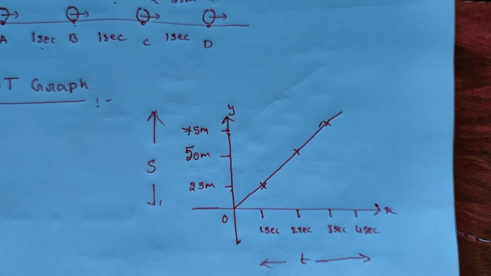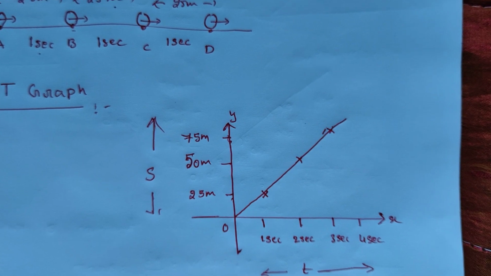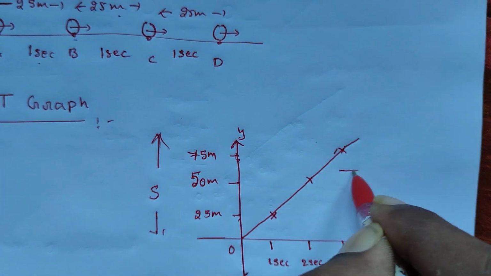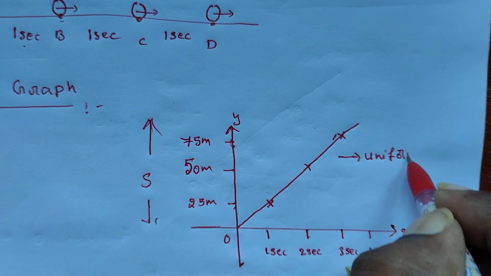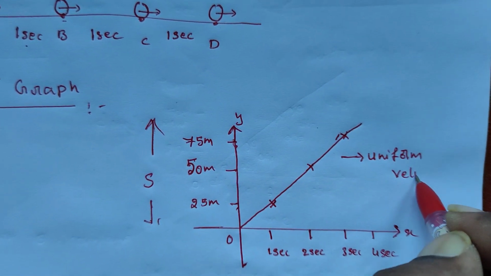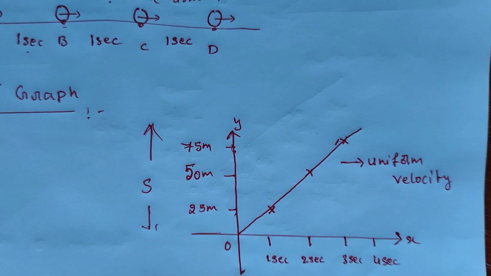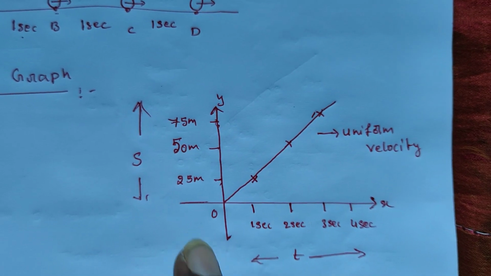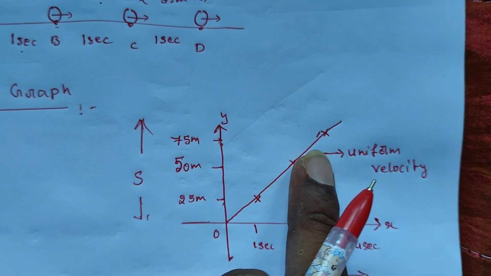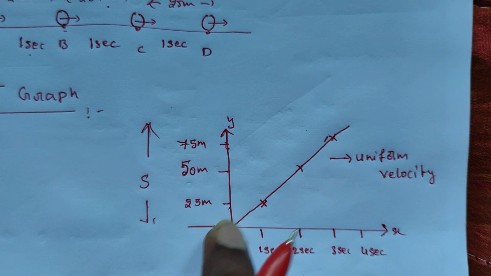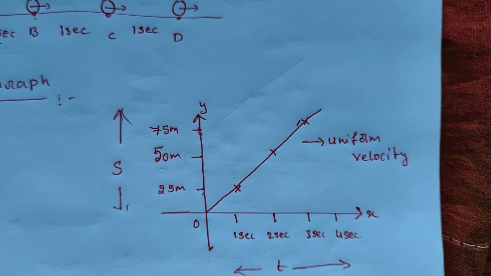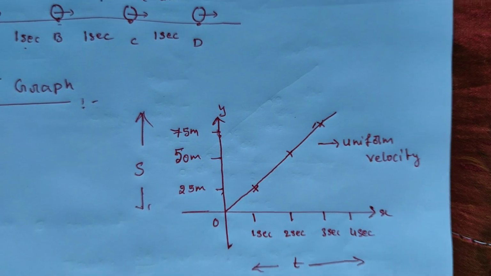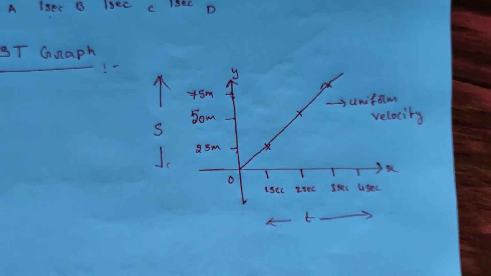Yes or no? Straight line from the origin. This slope represents uniform velocity. Don't forget students, in the displacement time graph, the slope is a straight line from the origin. The slope represents uniform velocity. Okay, so do you have any doubt? Okay, the next